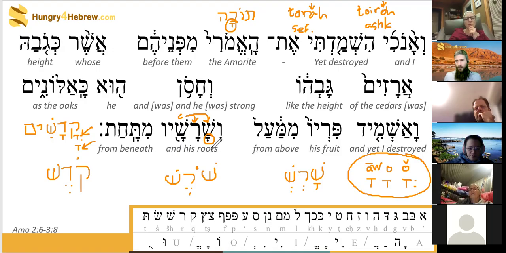Who knows? Question. Yes, ma'am. I thought the hataf, the short reduced vowels, were only for gutturals. Am I wrong? Yes, you are wrong. The hataf does show up, especially in older parts of the Bible. It does show up on other letters, but there's a couple of, how do I say this, there's a couple of